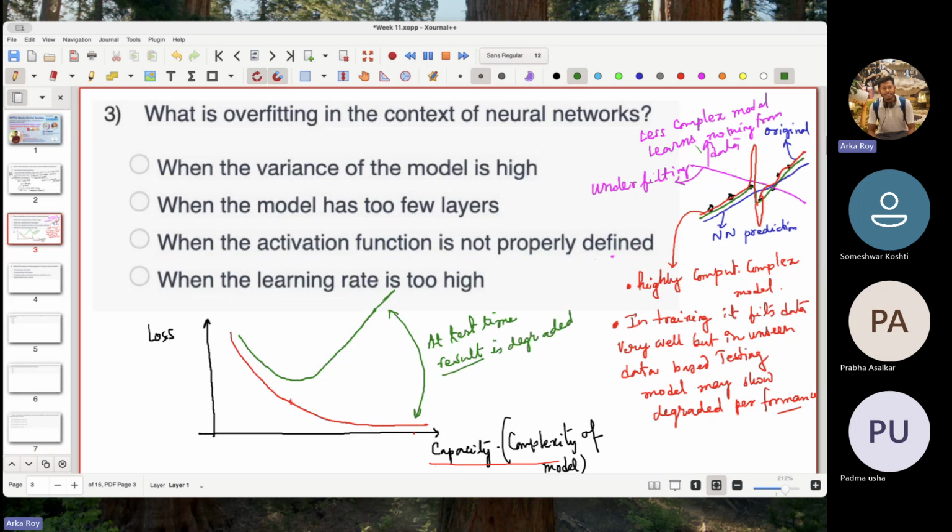Because I'm writing that the result is degraded, it could be anything: loss could increase, and in terms of accuracy, accuracy will decrease. So the result is degraded and has high variance